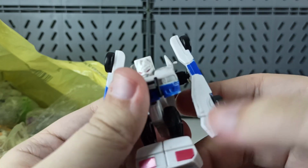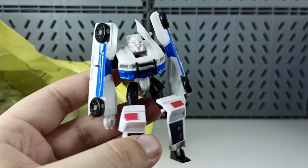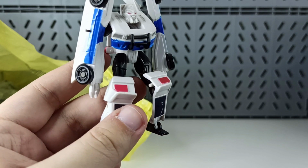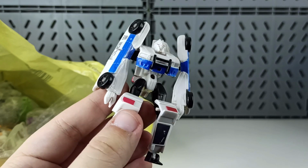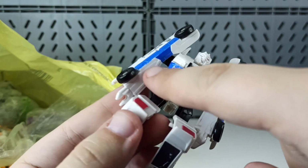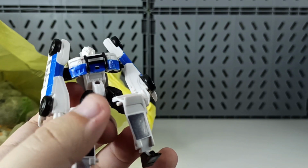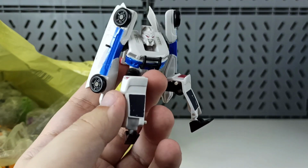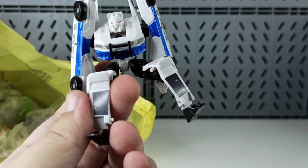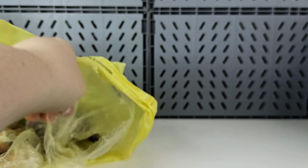I had an RTS Jazz and I think Starscream, and I sold them off. The only one that I kept was Revenge of the Fallen Parkour, and he is on my desk. So here we have the Barricade. I really like the glossy blue paint, even though you can see that a bit of it wasn't properly painted. And he is a bit bitten by time. I think that's the idiom. Other than that, he is okay. I like this color scheme. Having multiple different color schemes for each character was one of my favorite things about the movies, so that was cool. And here in this bag we have...